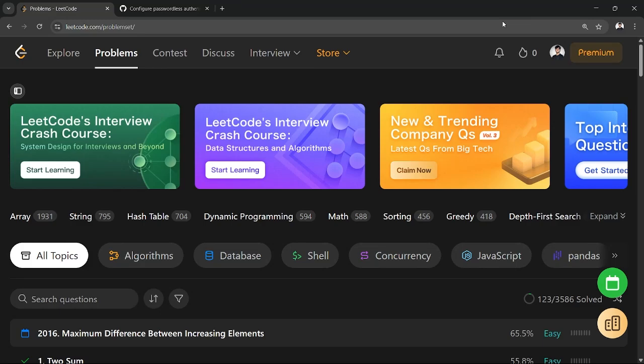Hey everyone, welcome back to another quick and interesting tutorial of LeetCode, where in this quick tutorial, I'm going to show you how you can add a note while solving a problem that can be attached to that particular problem,